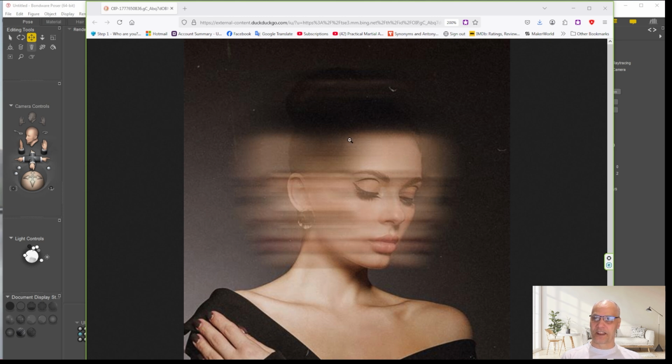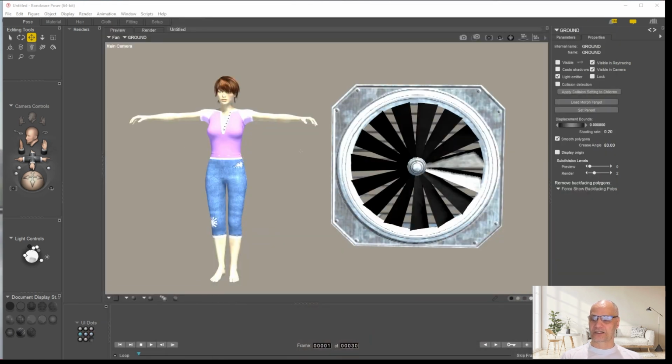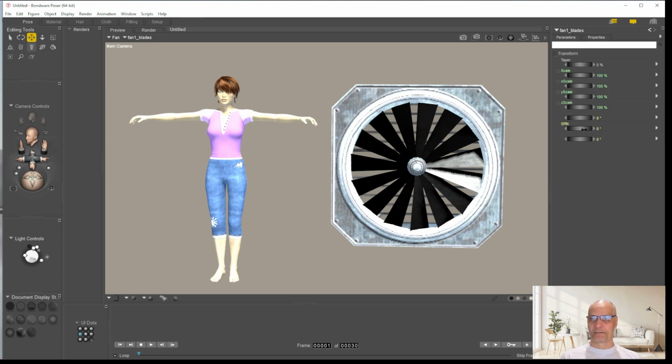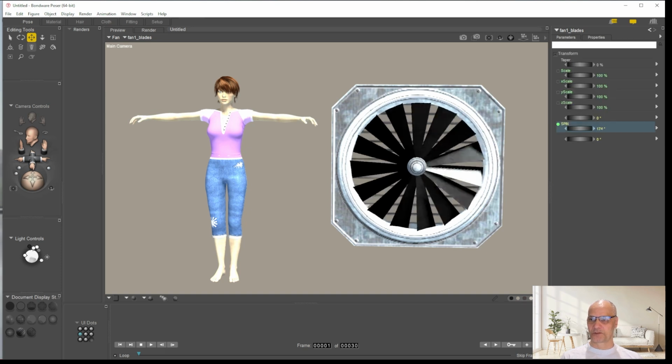And it's definitely the case that you can use Photoshop to create a lot of very specialized effects, but you can also create effects directly within Poser. So I'm going to show you two different ways of creating motion blur. First of all, what we're going to do is blur this fan. The fan blades are selectable separately, and